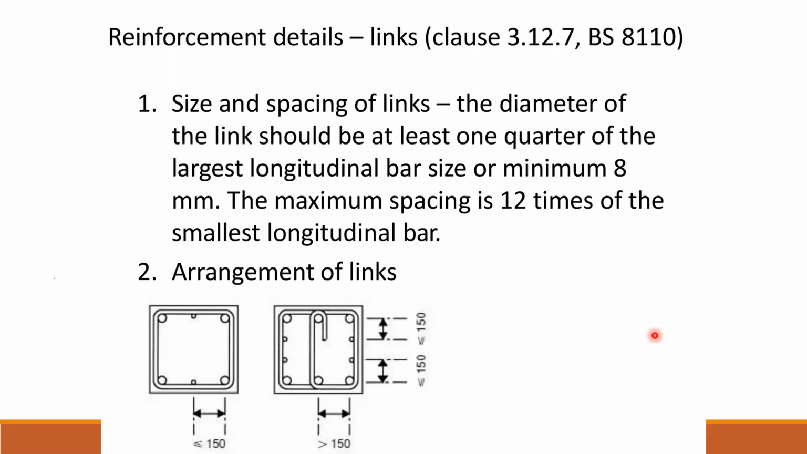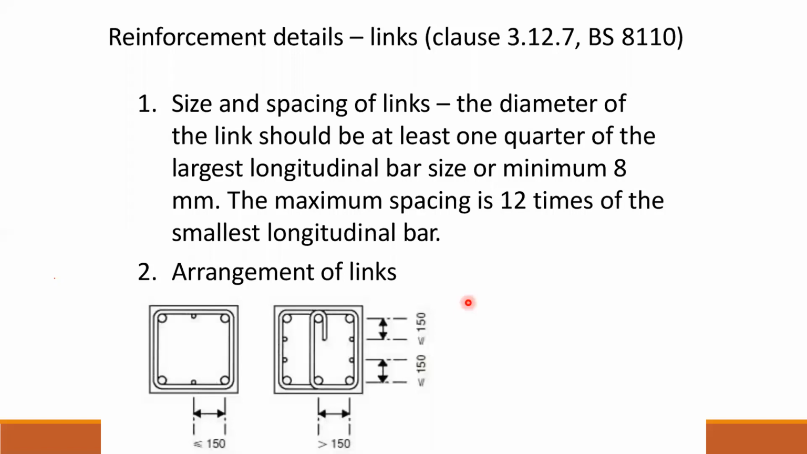The maximum spacing is 12 times the smallest diameter longitudinal bar. Let's say the reinforcement main bar is a 12 millimeter. Then 12 times 12, so it might go up to 144 millimeters. So then you used to put 125 because